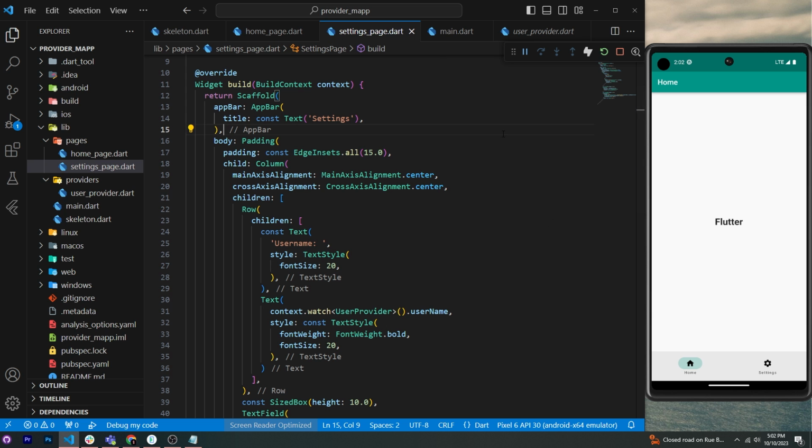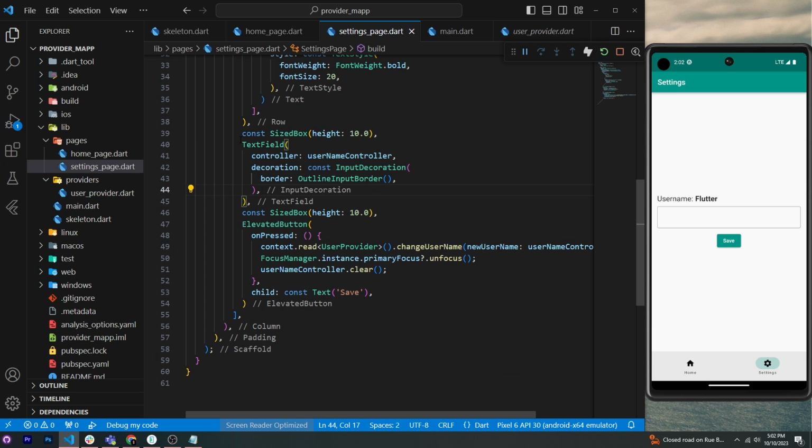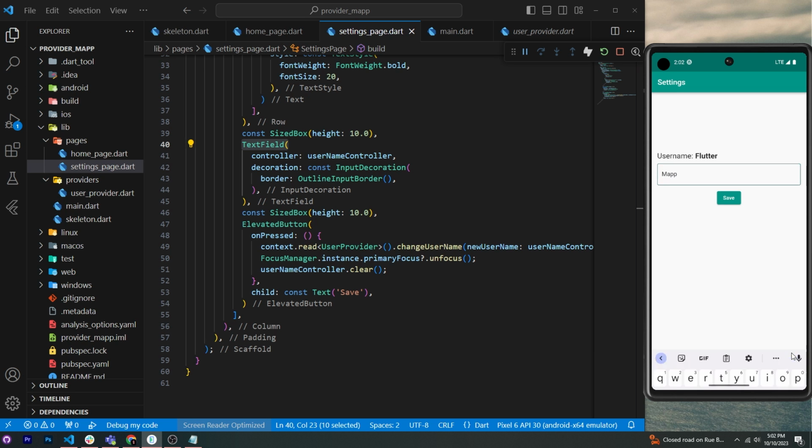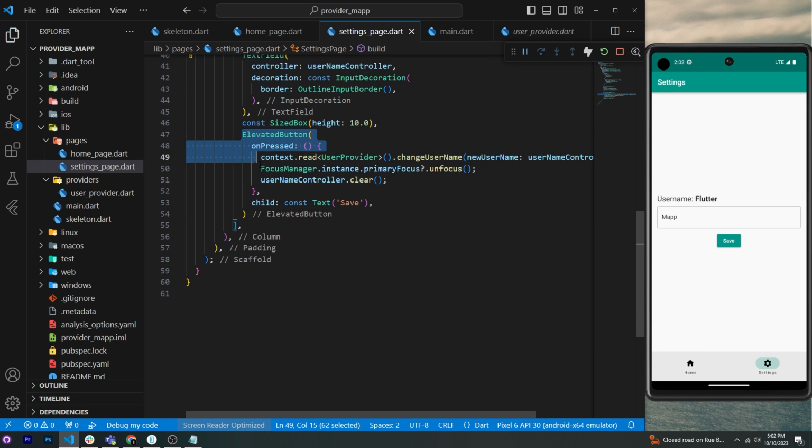Okay, so let's go inside the setting page, which is this one. It's a very simple page that uses a text field. And this is how we will change the value inside the provider. First, the user will enter some new value, by example, Mapp. Then you will see that when the user presses the elevated button, which is the save button right there, this will trigger the onPress. And in order to change the value inside the provider, we will use again the context.read,